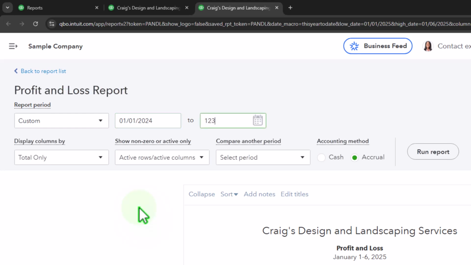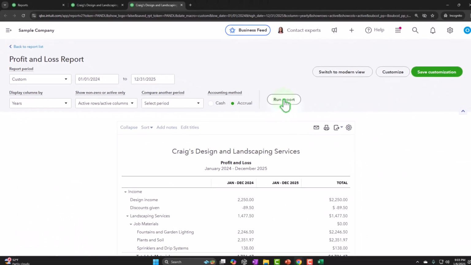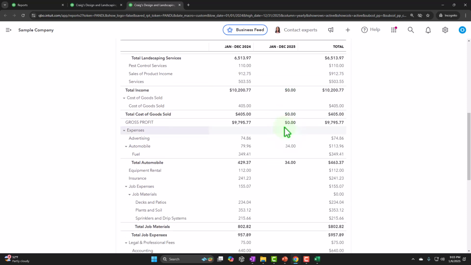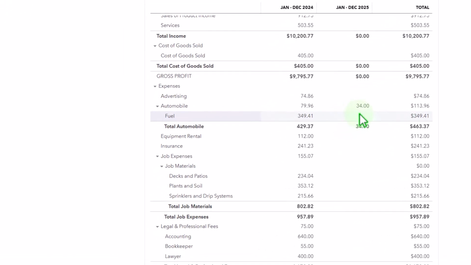01/01/24 tab, 12/31/25 tab. Selecting the drop down. We want the years, run it to refresh it. Nothing's currently in 2025 except that $34, including prior transactions that we've entered in prior presentations because we logged out